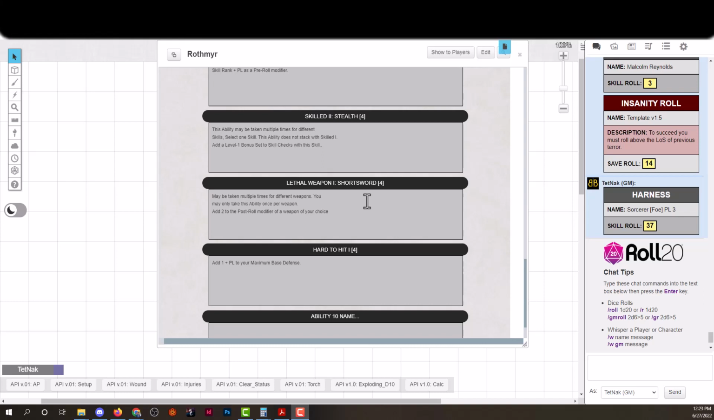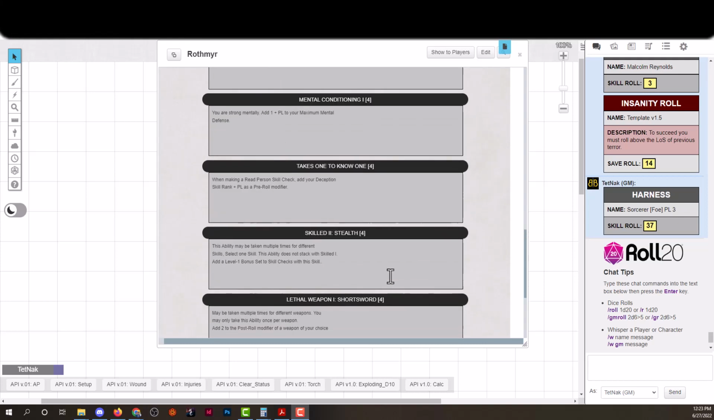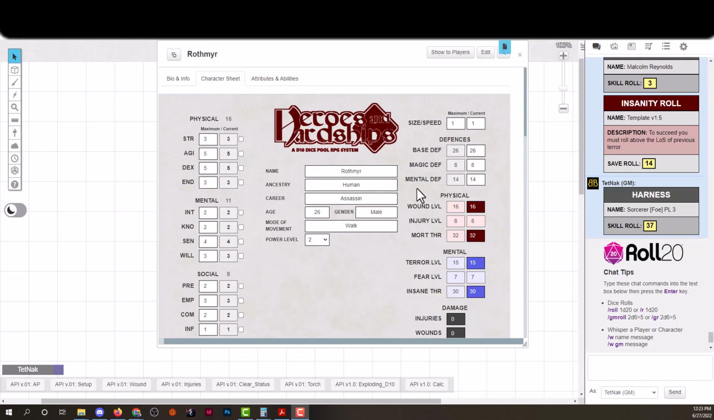Some increase your skills, some give you advantages in certain situations, like hard to hit, for instance. You add 1 plus your power level, so that's a total of 3, to your base defense. That's one thing that does. A lethal weapon adds 2 to your damage. So now I'm going to go up and change lethal damage up to 29, because hard to hit 1 actually increased that stat for us. Okay,